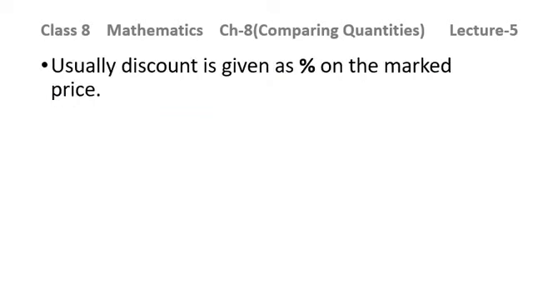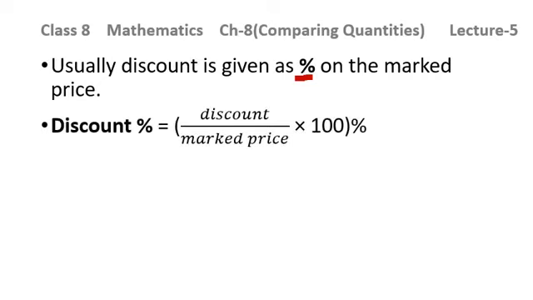Now usually discount is given as a percentage on the marked price, and this we all know, that whenever we get a discount, it is usually mentioned in percentage. And discount is always calculated on the marked price, because we need to deduct the discount from the marked price, listed price, catalogued price. These are all other names of marked price. So discount percent is always calculated on the marked price, and the formula of discount percent will be discount in the numerator over denominator, that is marked price, into 100%, because we want to find discount percentage.